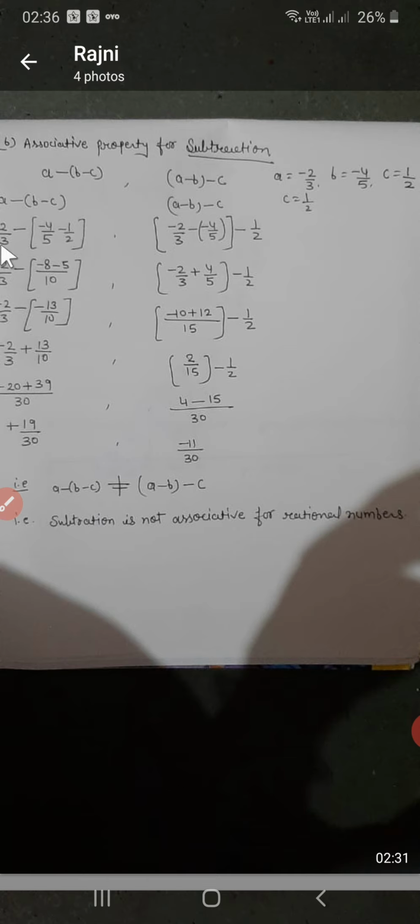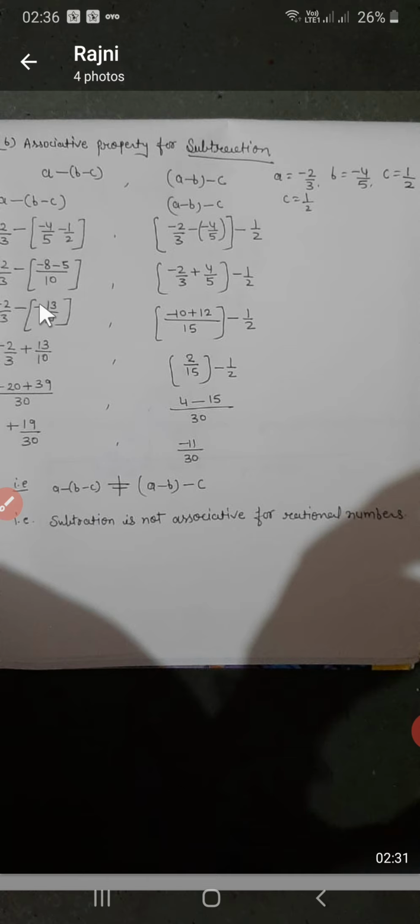Here for A, minus 2 by 3, keep here, minus minus 4 by 5 and 1 by 2, what will be the LCM? 10. 5 twos are 10, so 4 twos are 8 here, minus, 2 fives are 10, so 1 into 5 you keep here 5. Minus minus plus 8 and 5, 13. For the greater digit, sign will be negative. For 3 and 10, LCM will be 30. 3 tens are 30, so 2 tens are 20. Here negative sign already exists, so minus 20.